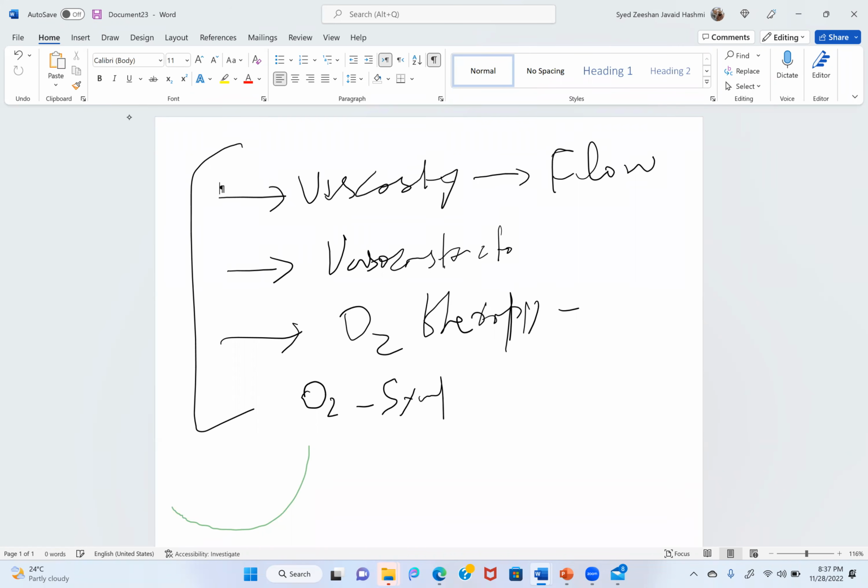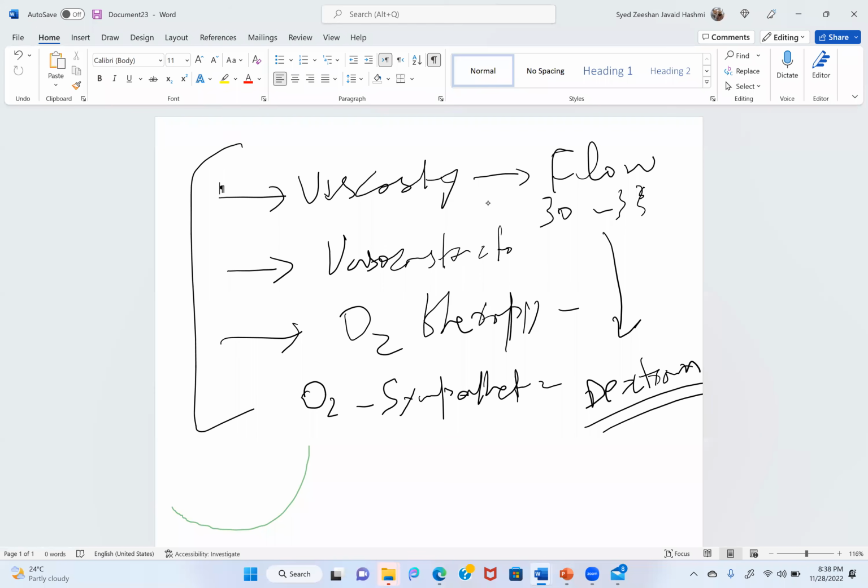Because of sympathetic stimulation, any factor which can decrease the blood flow to the flap, you have to be careful about it. Viscosity means you have to maintain a hematocrit around 30 to 33. Previously they used Dextran, which causes platelet dysfunction, for the betterment of the flap, though I don't see anyone using it now.